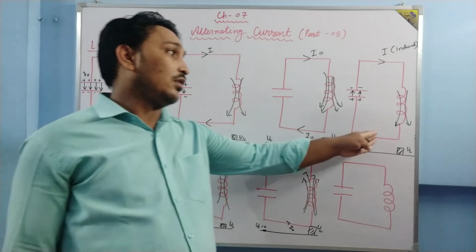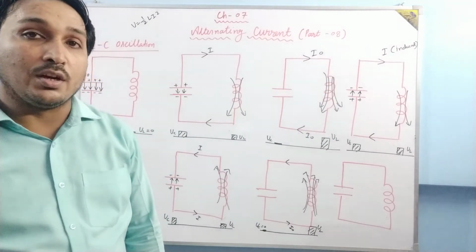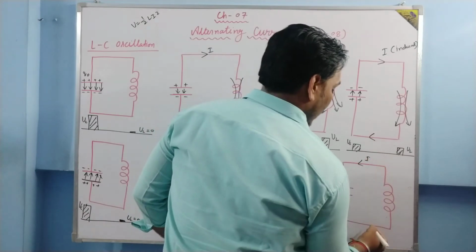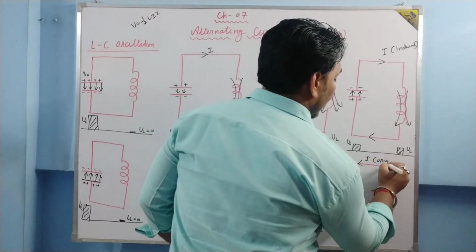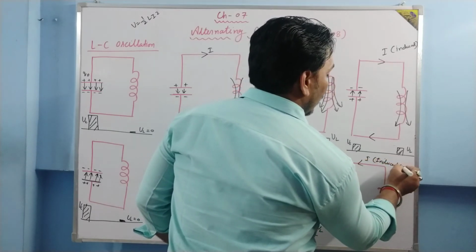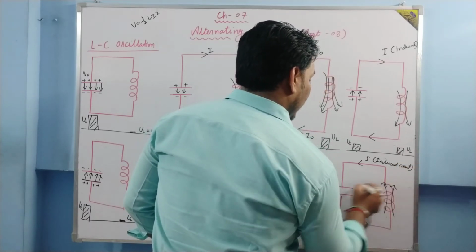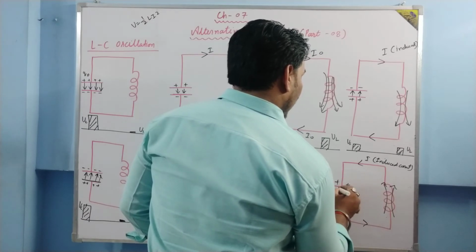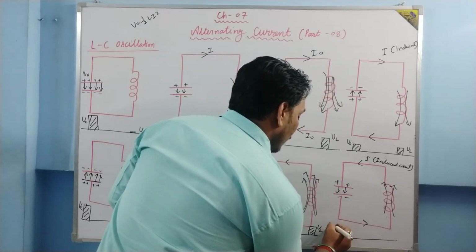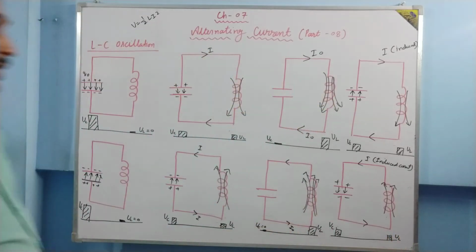In the inductor, there is an induced current because the current reaches its maximum value and then decreases. So there is an induced current I which supports the original current, which again charges the capacitor. The magnetic flux decreases this time, the capacitor starts getting charged, and the direction of the electric field is downward. Now the capacitor has some energy, but the inductor has less energy. Earlier it was at maximum value.